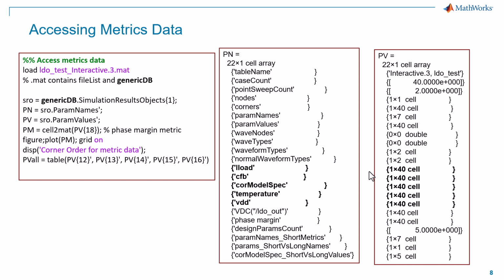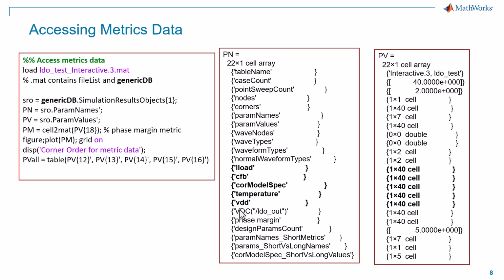So, what was that particular current value? What was that particular capacitor value, et cetera, associated with those parameter names? And that's what the parameter value cell array is going to tell you. In this case, it's 40 cases, so that's why you see a 1 by 40 cell. All right, and then